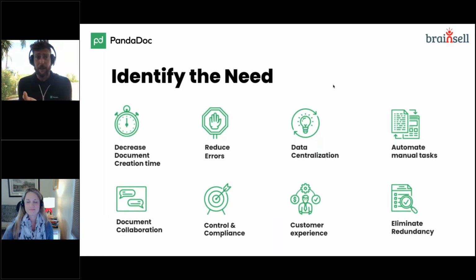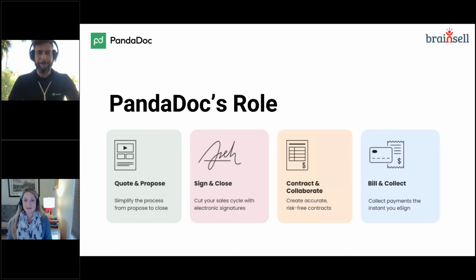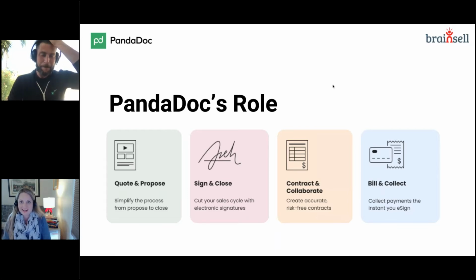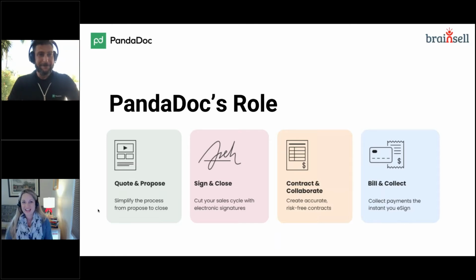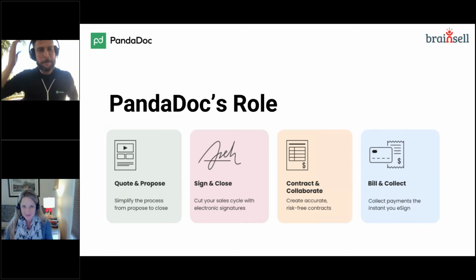I know you guys have been using PandaDoc pretty heavily as not only a partner, but as an end user. What has it done for you guys? What has it improved, or what have you guys seen? Yeah, it's completely changed everything. I came from the newspaper world. I was a journalist, a copy editor, a reporter, and nothing grinds my gears more than poor grammar, poor layout, not telling a story, obvious typos, people rushing. So I was kind of like the copy editor, sales manager of your nightmares, and